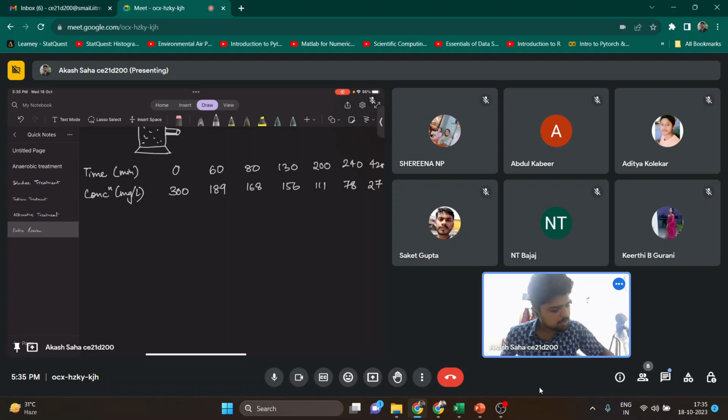So we will find the mass fraction that is remaining. We leave the 0th minute aside. So how much is remaining here? Remaining mass fraction is 189 by 300. So what will be the mass fraction remaining? It will be 0.63. Okay, similarly, we will find all the mass fractions remaining. 0.6, 0.56, 0.52, 0.37,